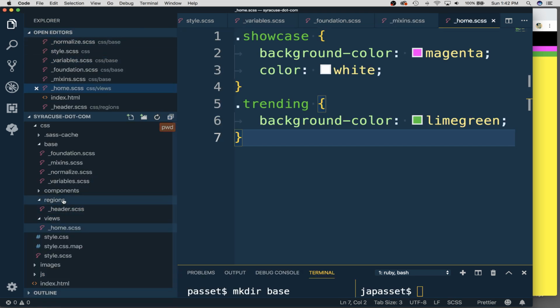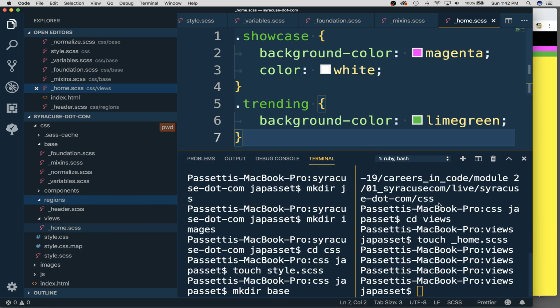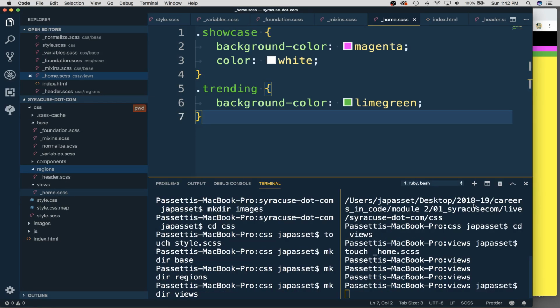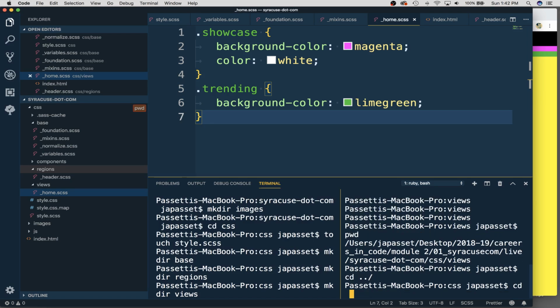So I'm going to put banner ad into regions. Okay, I'm getting sloppy. I was about to do that in code. I'm going to zoom out just one second. Where the hell am I on my terminal? PWD. I'm in views. CD .. Get out of views. CD go into regions